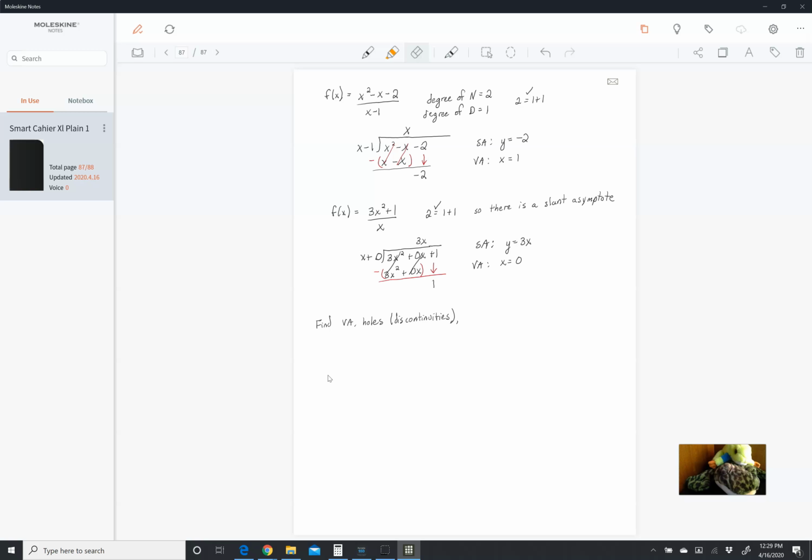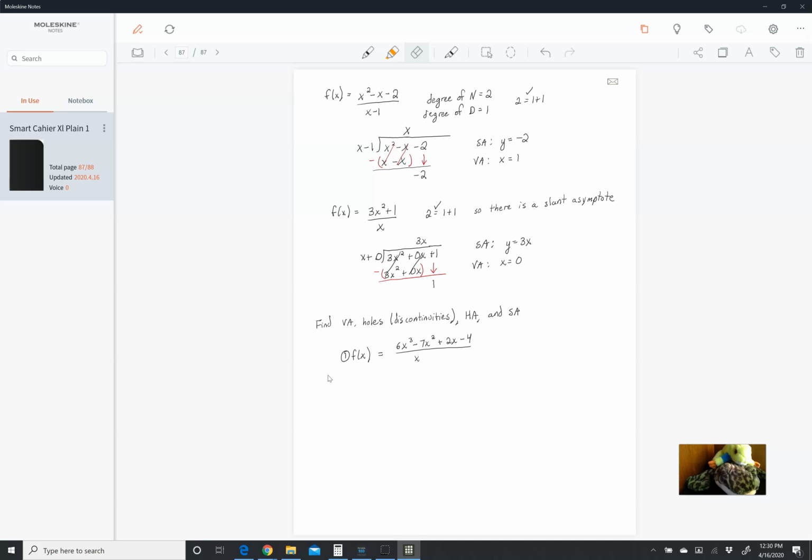Okay, so holes, which are discontinuities because the function doesn't continue through it. Horizontal asymptotes. And the slant asymptotes. So let's just do a couple of examples of those. Let's say that we have f of x is equal to 6x cubed minus 7x squared plus 2x minus 4